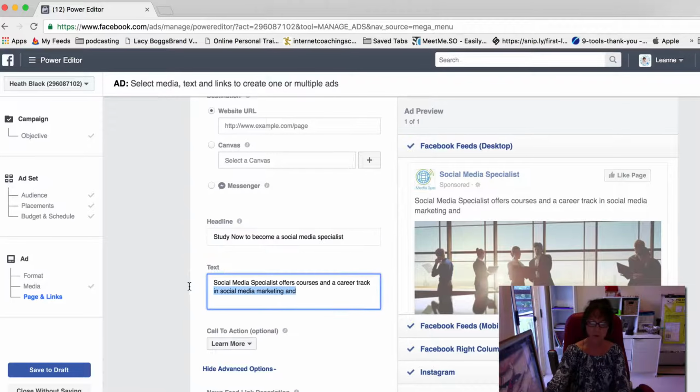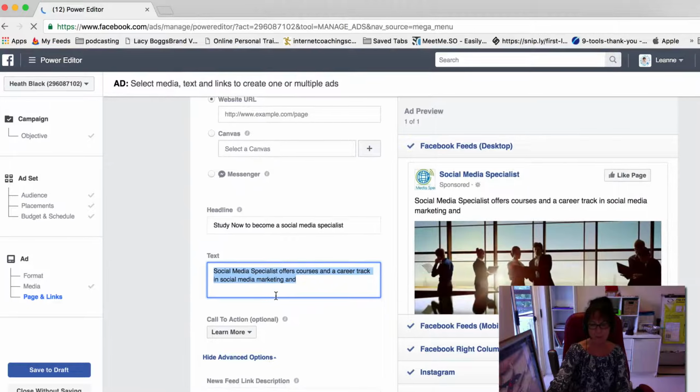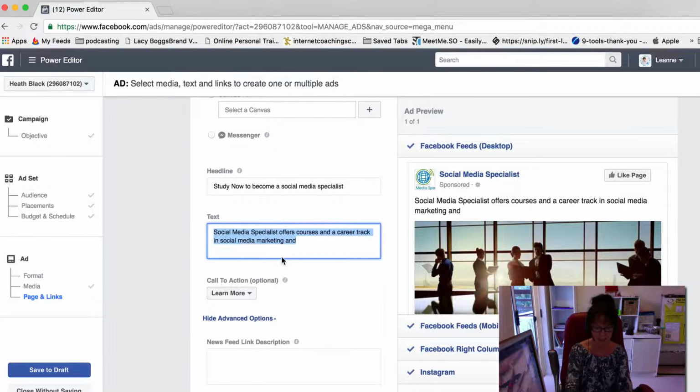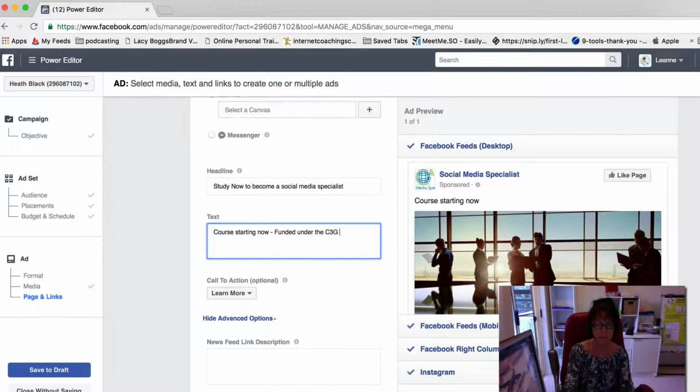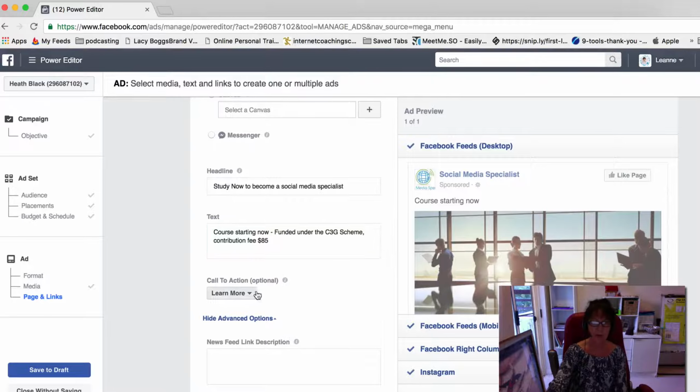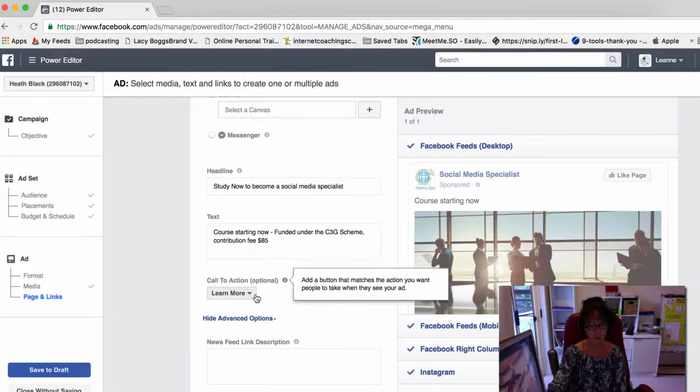And then you've got a limited amount of text here. I'm not sure exactly how many characters, but you might put: course starting now, funded under the C3G scheme, upfront, let's put contribution fee $85. Okay, so, and then you'll have your call to action, which is optional, but I actually like it,